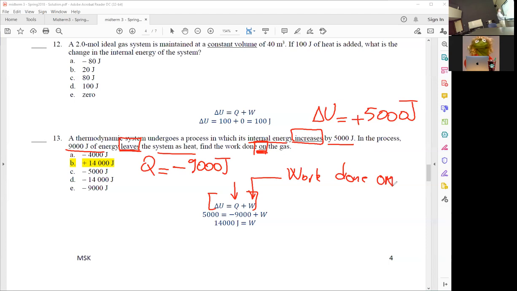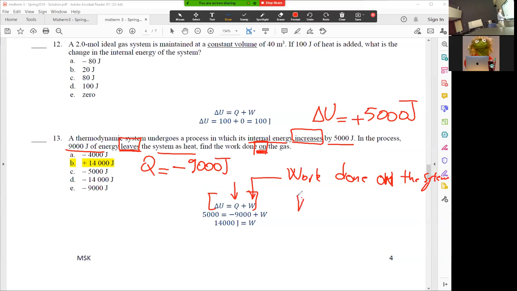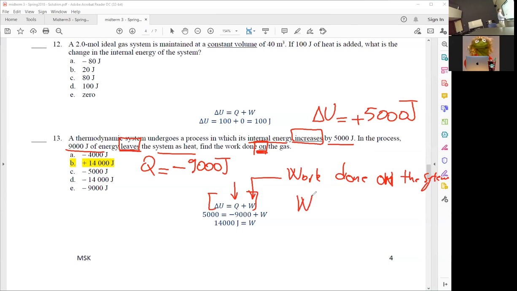When I put the plus work, I'm assuming it's work done on the system. So if the work you find is positive, that means the work is done by you,